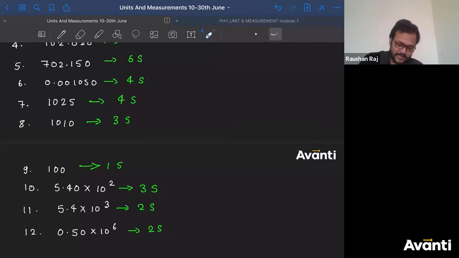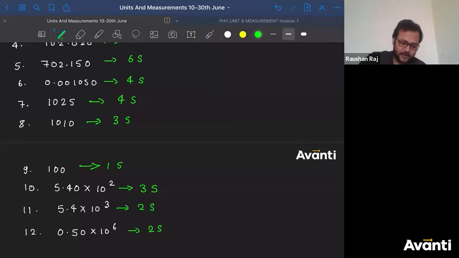The zero after, both of them are trailing, na? Piche hi hai na dono. Both of them are trailing here. Don't say only this one. Both of them are trailing here. That is why we consider both of them as non-significant. Okay? Yes, Kaushik. Trailing zeros are significant only when decimal is there. If decimal is not there, trailing zeros are considered as non-significant. Okay?